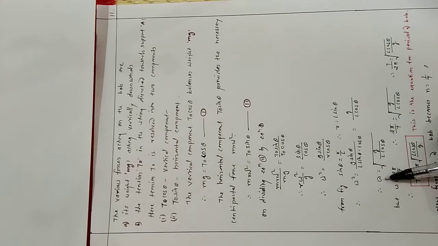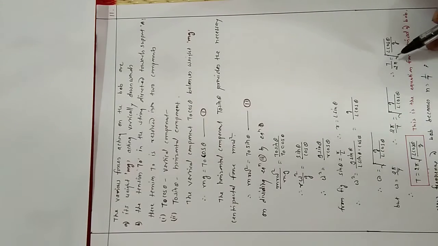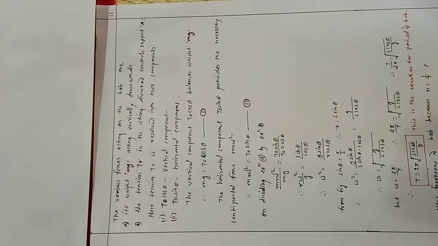From this equation we get omega is equal to under root g by L cos theta. But we know the definition of omega, that is the angular speed, or angular velocity, is nothing but 2 pi upon T. So if we put the value of omega in the above equation, we get 2 pi upon T is equal to under root g by L cos theta. आता रिव्हर्स जर आपण केलं तर वरती टी घेतलं आहे, 2 पाय खालती येणार आहे स्क्वेअर रूटमध्ये एल कॉस थीटा बाय जी. So finally we get T is equal to 2 pi under root L cos theta by g. This is the equation for the period of the bob.